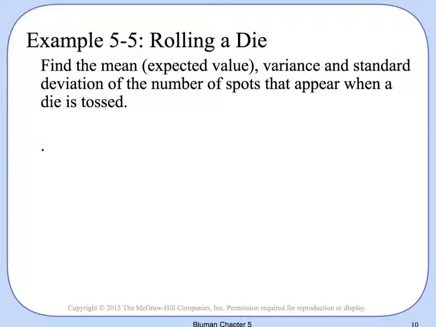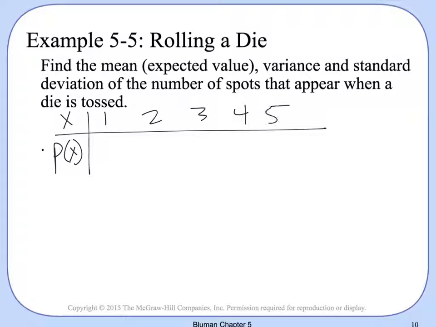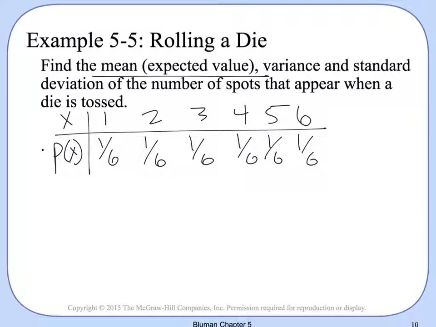And for most of the problems, you're going to be given the picture, and remember what the picture looked like. The picture was this. When we roll one die, it's just this table, 1, 2, 3, 4, 5, and 6, and each of these had a probability of 1/6, okay? So we need to find, according to this problem, the mean or the expected value, the variance, and the standard